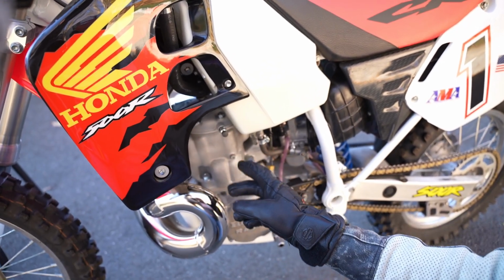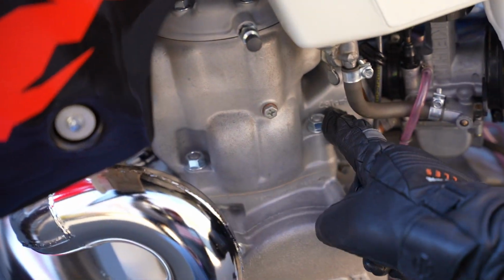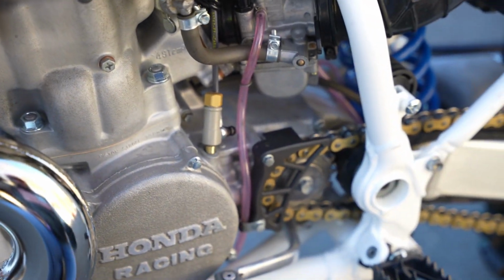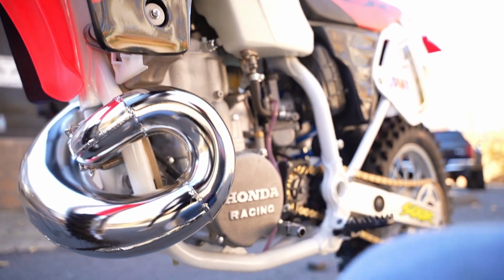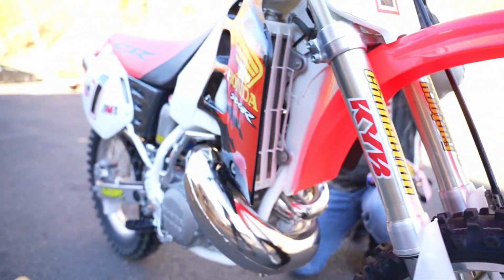You can see the head is brand new. The cylinder is in brand new condition. It's got a new piston, new cylinder bolts, new head bolts. The engine, all the gaskets are replaced, all the gaskets and seals, and the engine covers. It's got the Honda Racing covers on both sides of the motor. Just beautiful. The original Keihin carburetor has just been rejetted. New fuel lines, new air filter, and the